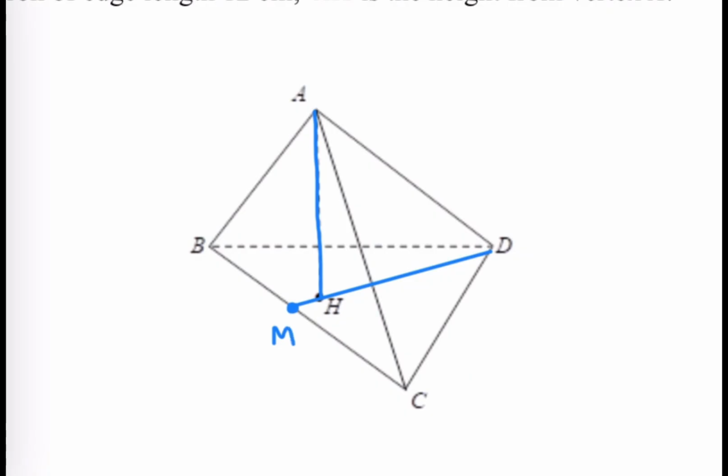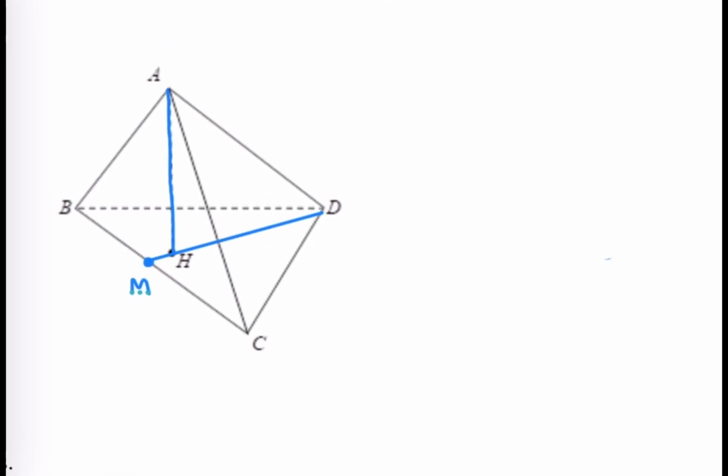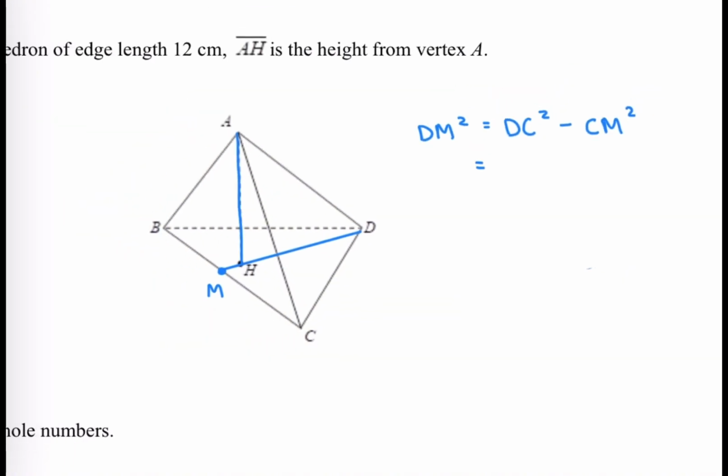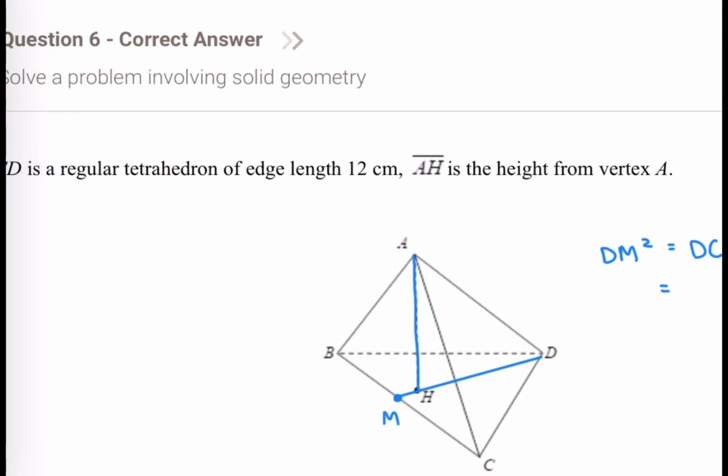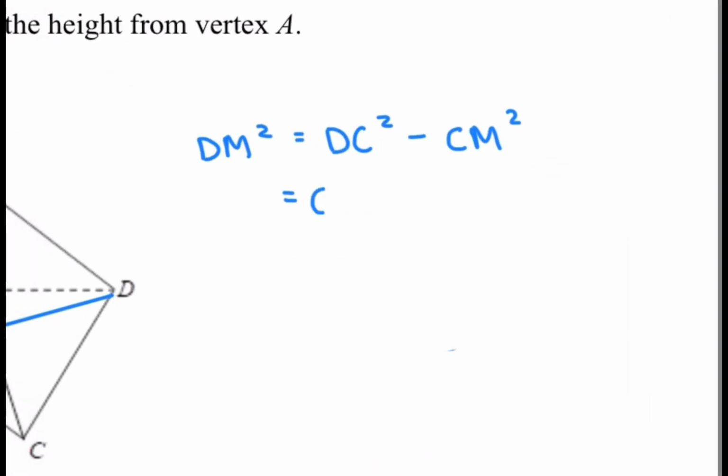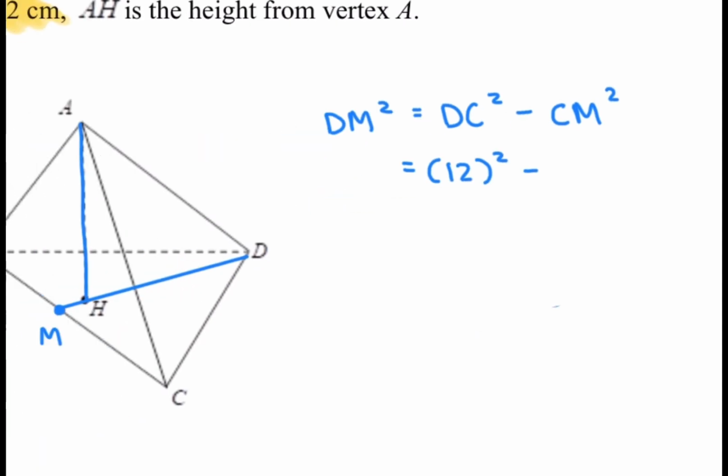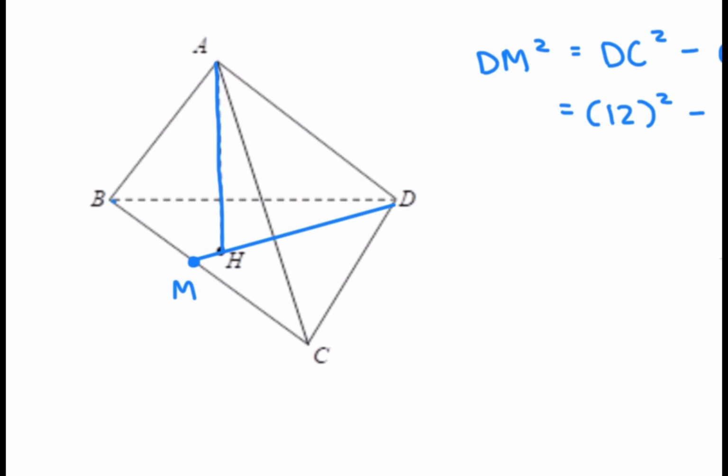And point M is the midpoint of BC. Okay, now that I have that, I'm going to try to find the value of DM. So DM squared is equal to DC squared minus CM squared, by the Pythagorean theorem. They told us in the given that each edge length is 12 centimeters. So DC is going to be 12 centimeters, 12 squared, minus CM, which is here,